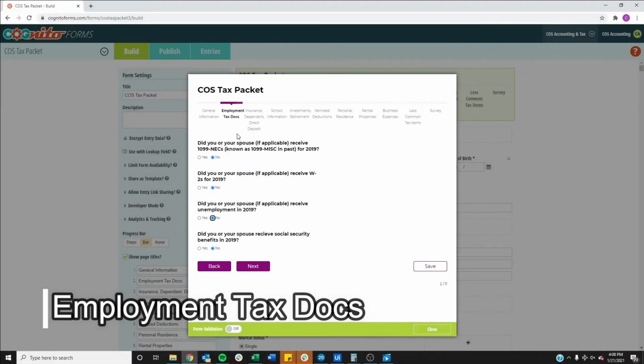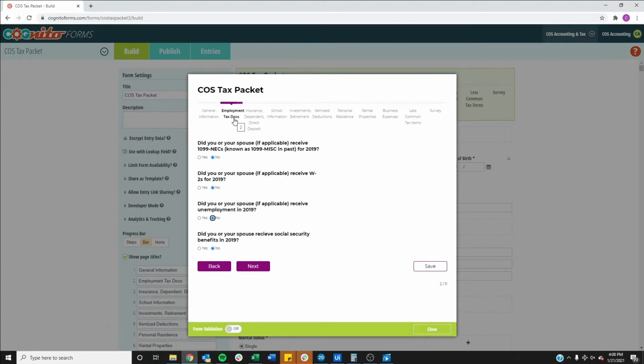In this section, we'll be covering employment tax documents, which is the second page of the online tax packet. On here are only 4 questions regarding tax forms you would have received from your employer or any person you did contracting work for. So if you received a 1099 NEC, whether that be from the door-to-door business you sold for,